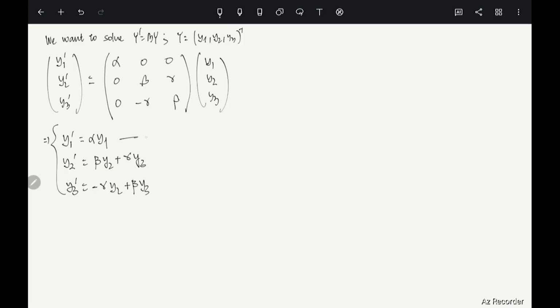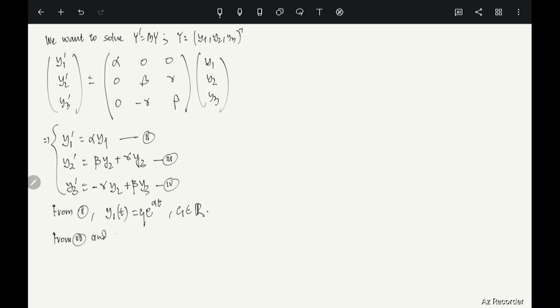So let's call them 2, 3, 4. From 2, what do we get? From 2, one gets y1 of t is e to the power alpha t. Of course, a constant is there. So let's just write it as c1 times e to the power alpha t, where c1 is in R. And from 3 and 4,